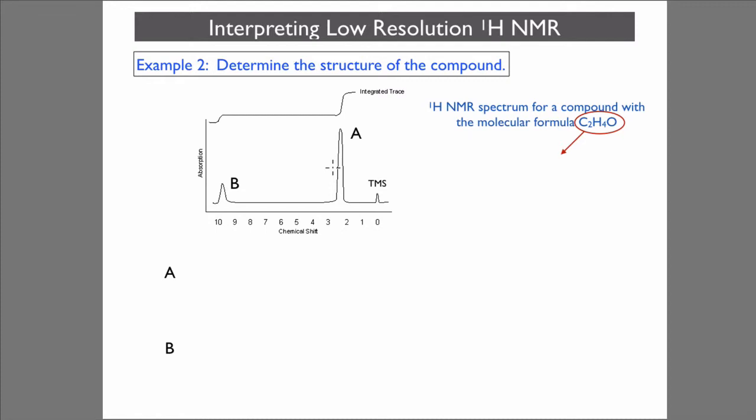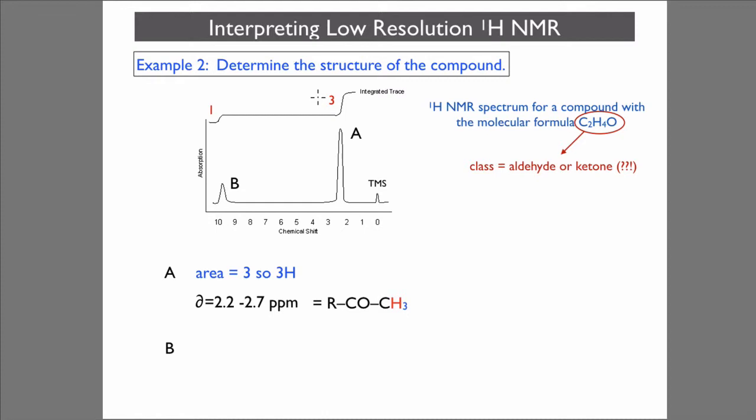Well, let's determine the structure of this compound. Proton NMR spectrum for a compound with the molecular formula C2H4O. We don't know if it's an aldehyde or a ketone. We know it's 1 to 3 according to the integration up here. The area is 3, so there must be 3 protons, and it's got a shift of 2.2 to 2.7, so we know that that's a methyl group